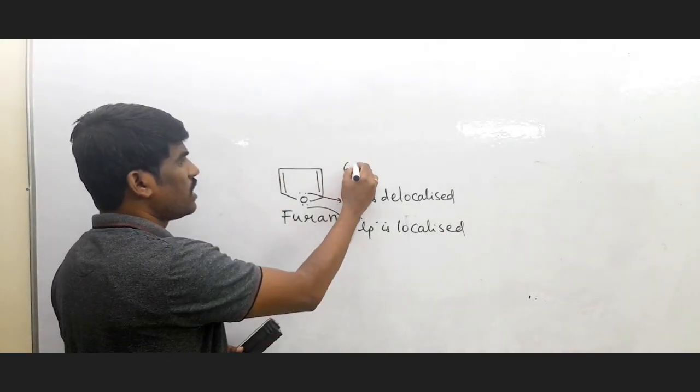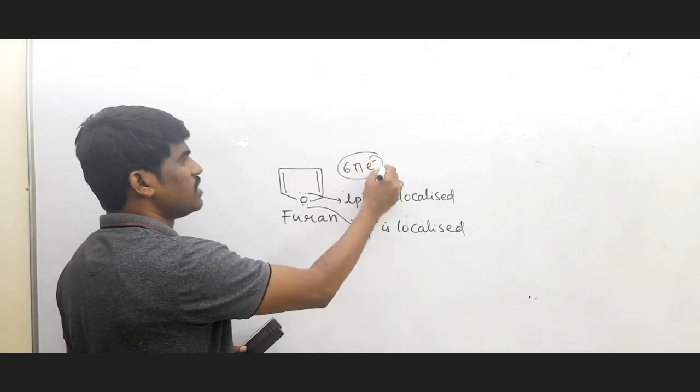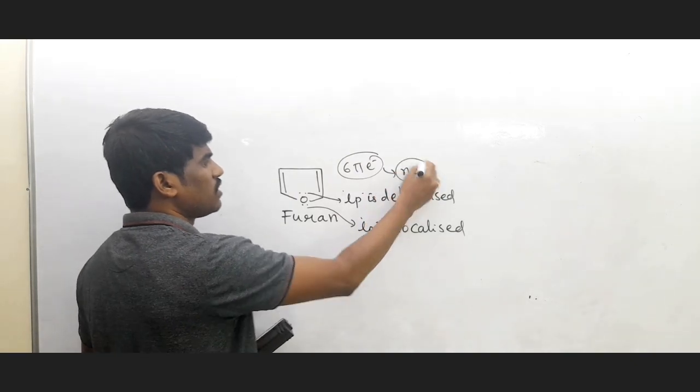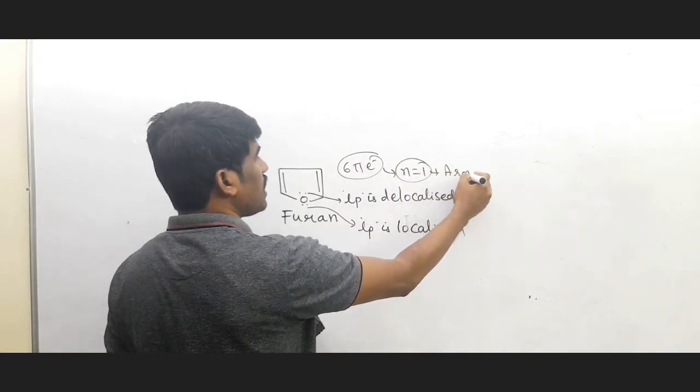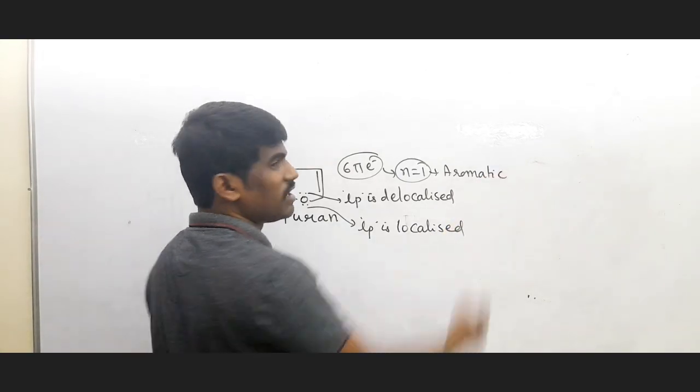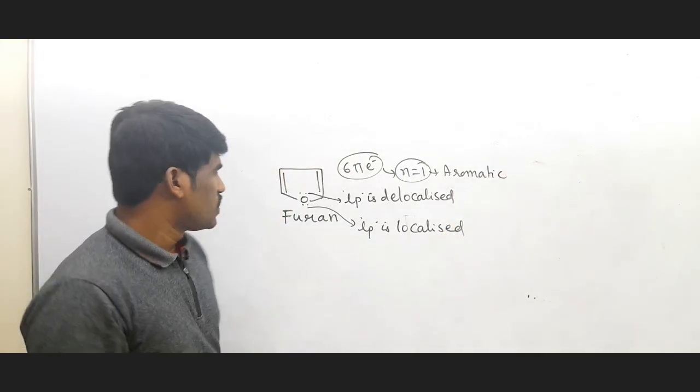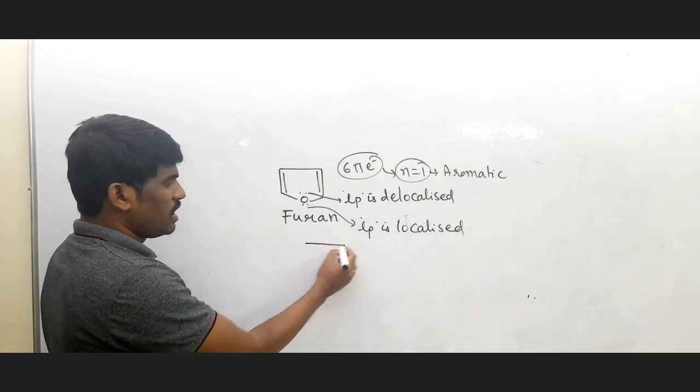So the total number of pi electrons is 6. Six pi electrons means n value is 1. N value 1 means it is aromatic because it is obeying Huckel's rule. So it is said to be furan. In a similar way,